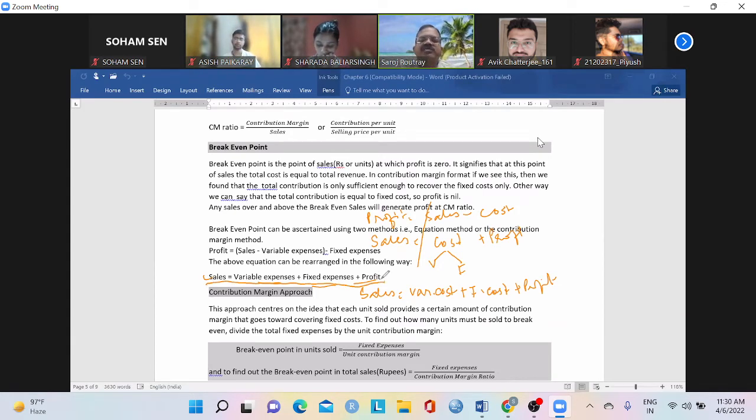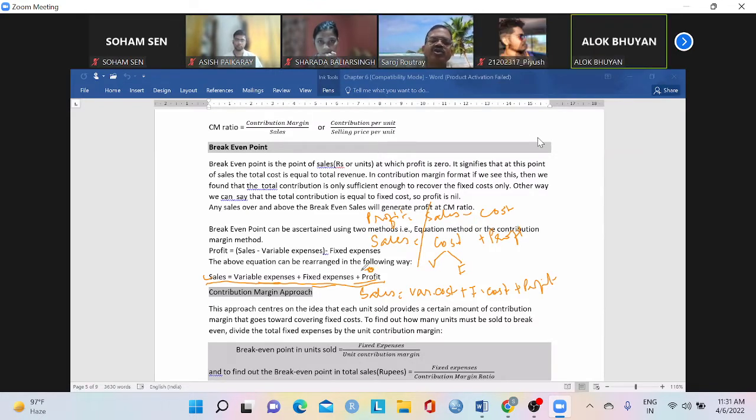Using this equation, we can find out all related questions. If I say what is my BP sales? BP sales means my profit is 0. So I write profit is equal to 0. So I just need to recover fixed expenses and variable expenses. Okay, so what I suggest you all to do, equation method, you just write down this, and in your formula based method, you write down this. So once you write it down, thereafter we'll do the rest of the things. We'll discuss and start solving some of the questions to get the understanding.